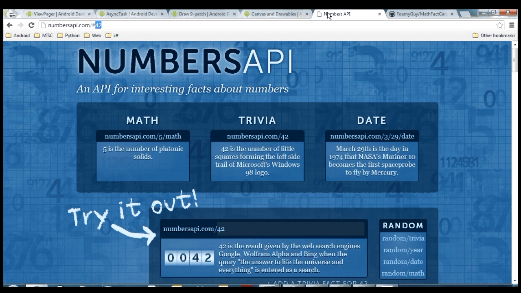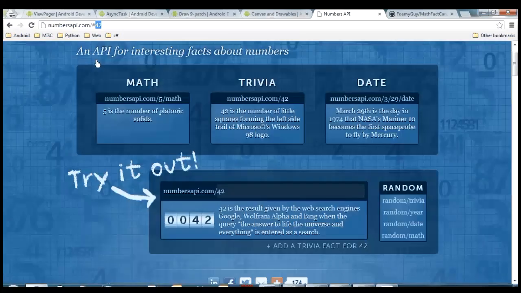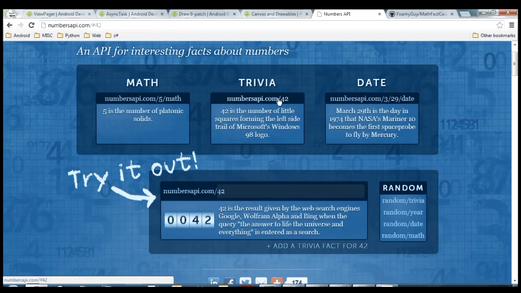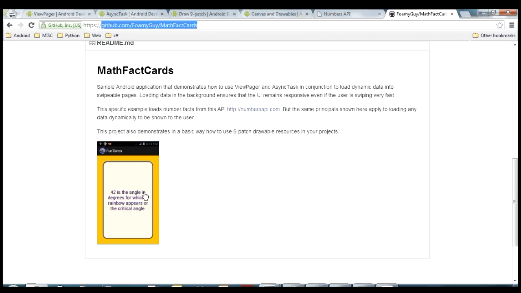numbersapi.com, which we've got pulled up over here. This is basically just a simple website that will return to you a fact about some number, as long as you give it the number that you want inside the URL, like this here. So this would give you a fact about the number 42. Because it has /42 here, you can put in any other number and it will return to you a fact about those numbers. So that's the API we're going to use to fill in facts inside of our pages in